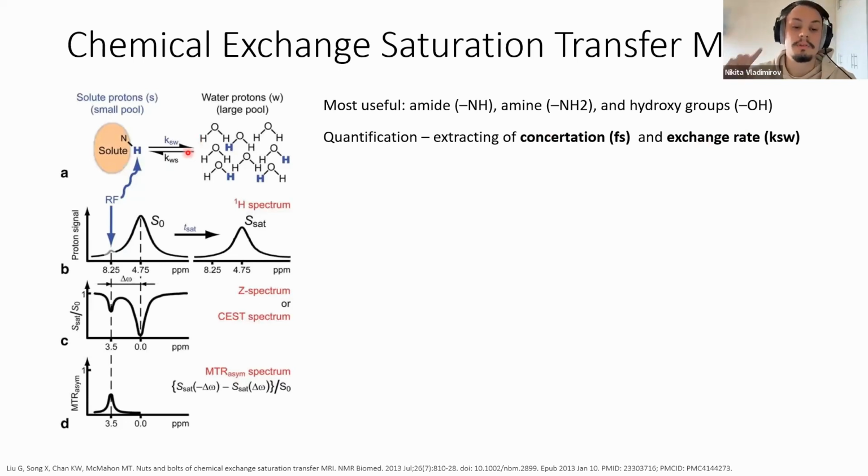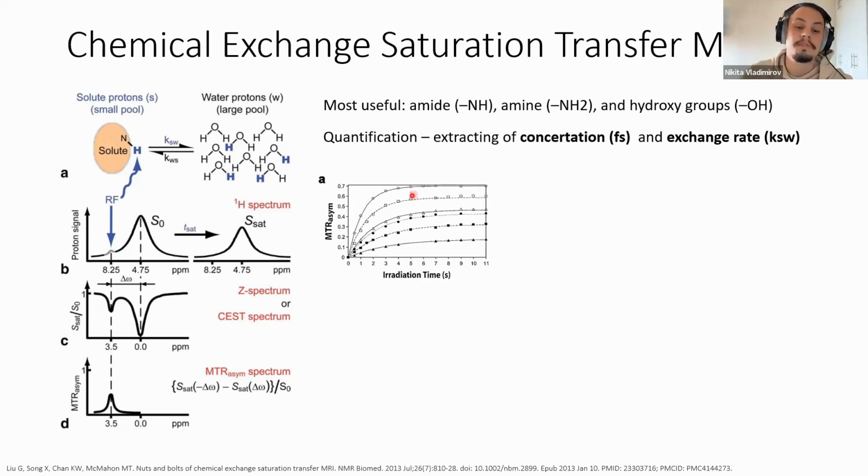It's how often it transfers its magnetization to the water, and usually it is proportional to the pH or temperature, and gives us a lot of information. And it works similar to common MRI. We have some model. We can create some dependency of our MTR asymmetry on some parameter, for example, this irradiation time. So it's the time for which we saturate our pool protons,